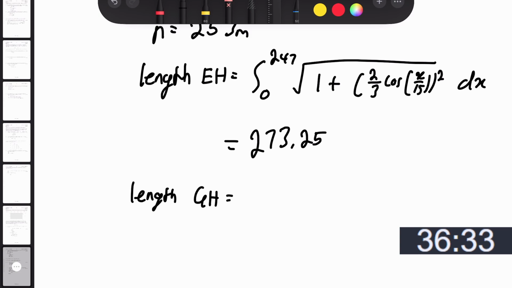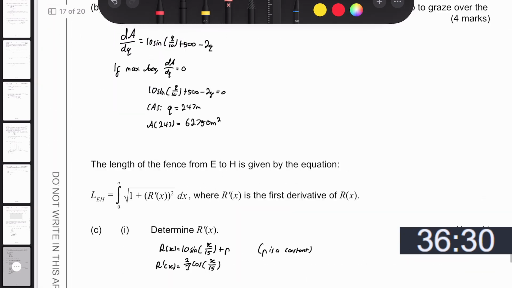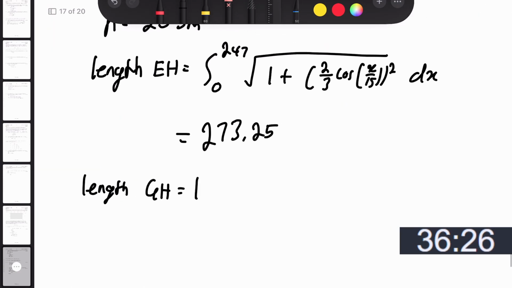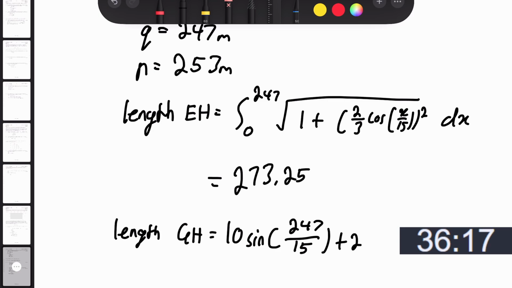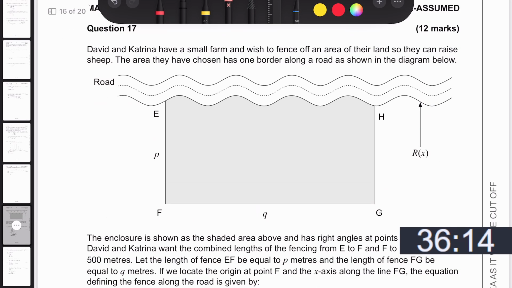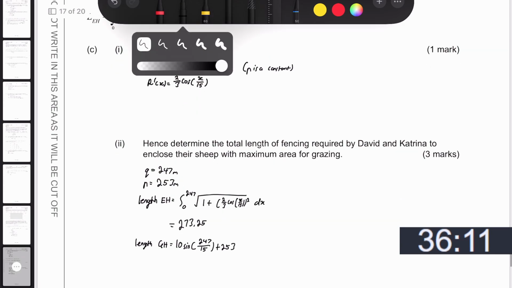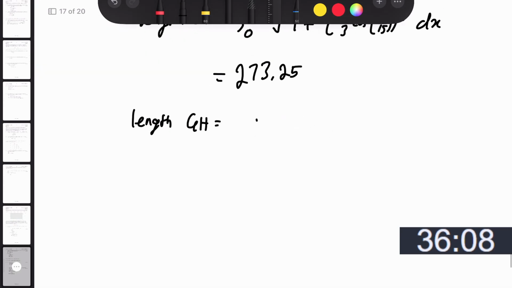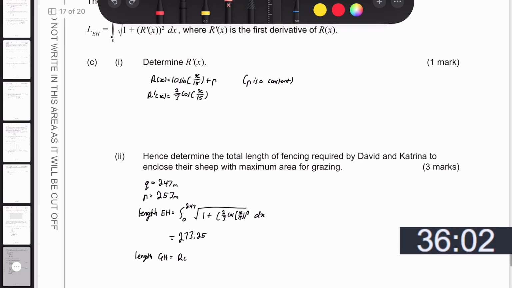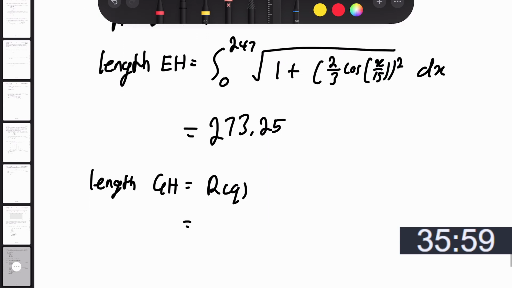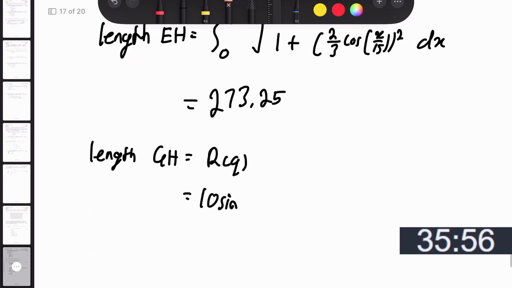Then g to h is equal to 10 sine of 247 on 15 plus 253. Let's say r of x, r of x of and it's q, sine of 247, 15 plus 253 equal to